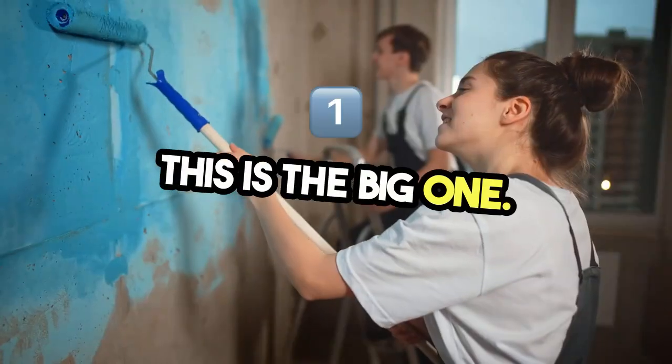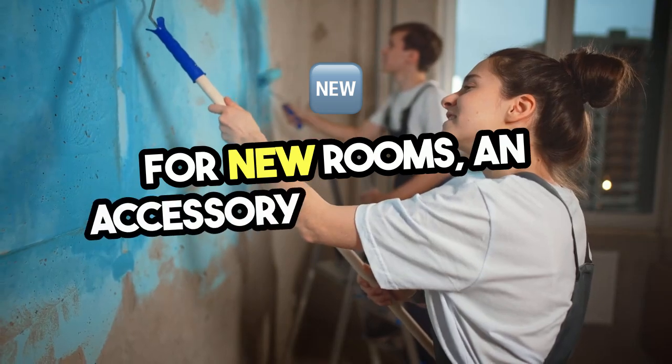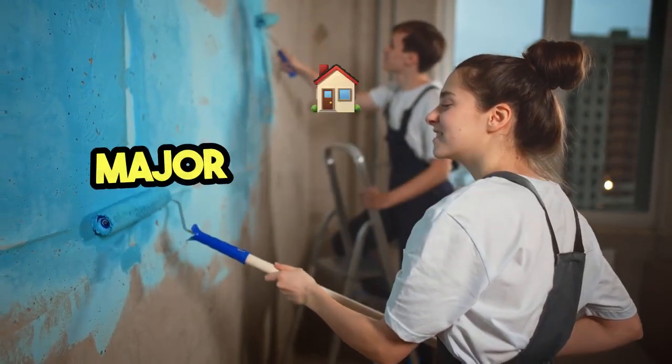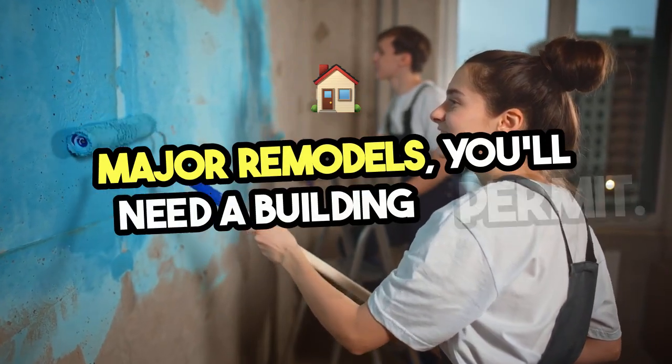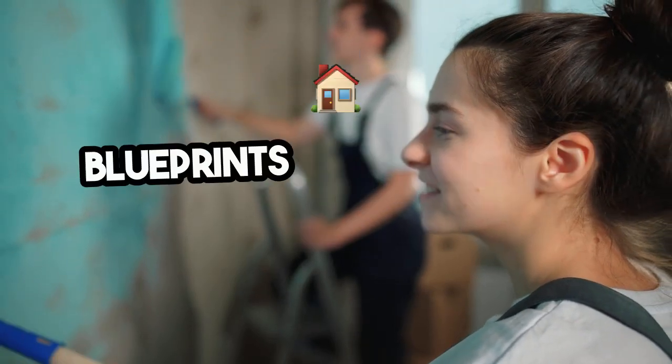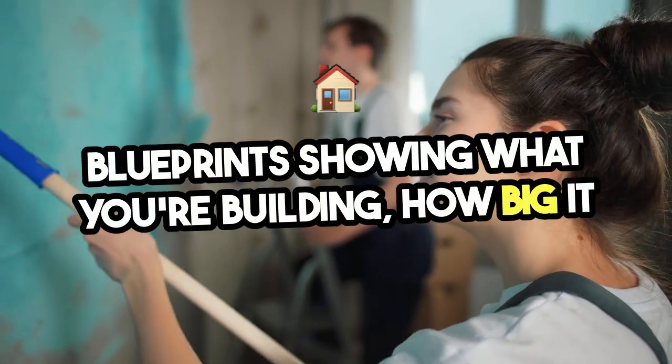This is the big one. For new rooms, an accessory dwelling unit, like that trendy backyard tiny house, or major remodels, you'll need a building permit. Anything that changes the structure requires one, with blueprints showing what you're building, how big it is, and even